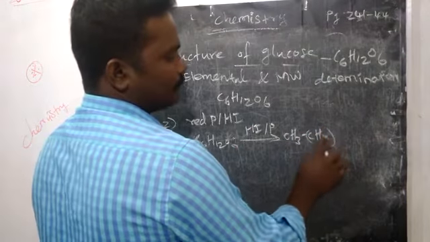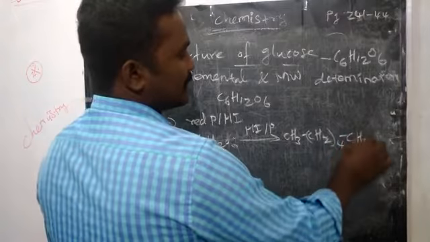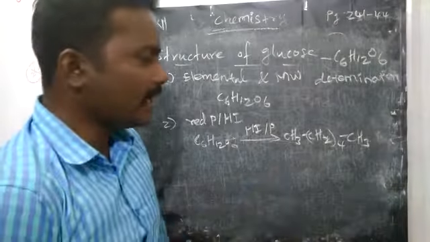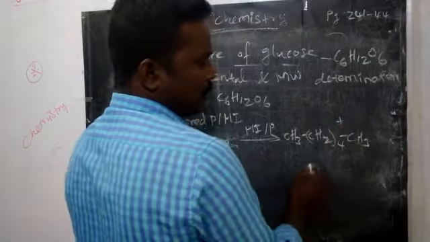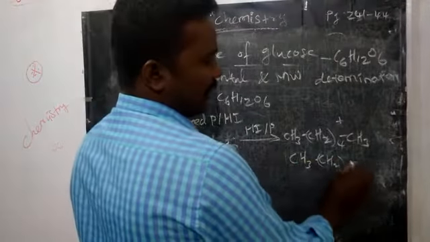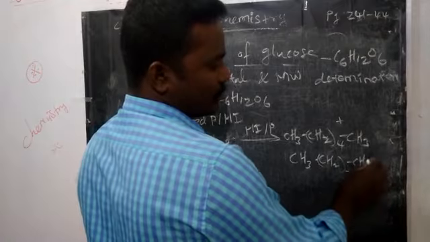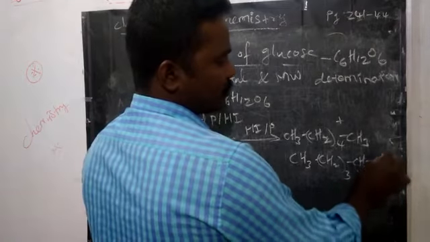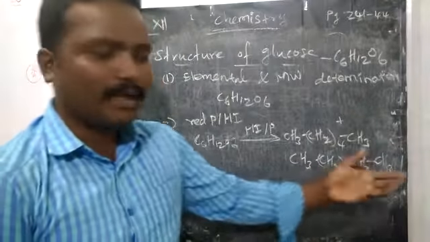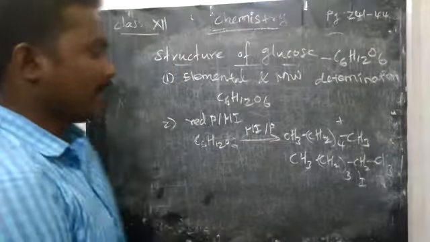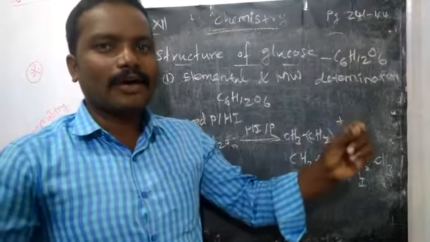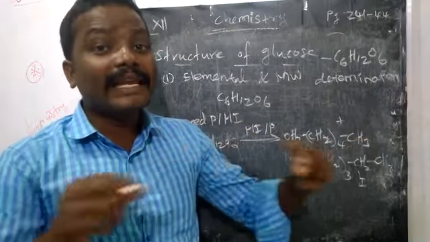CH3, CH2 four times and CH3. N-hexane means CH3, CH2, CH2, CH2, CH2, CH3. Or plus 2-iodohexane: CH3, CH2 three times, then CH, where we have one substitution, CH2, CH3. So this is called 2-iodohexane. In hexane, at the second carbon we have the iodine. From this structure, we can confirm all the 6 carbons are bonded to each other in a linear chain.